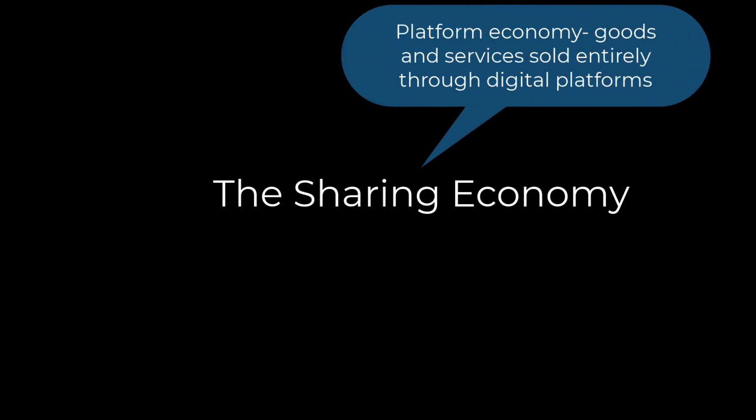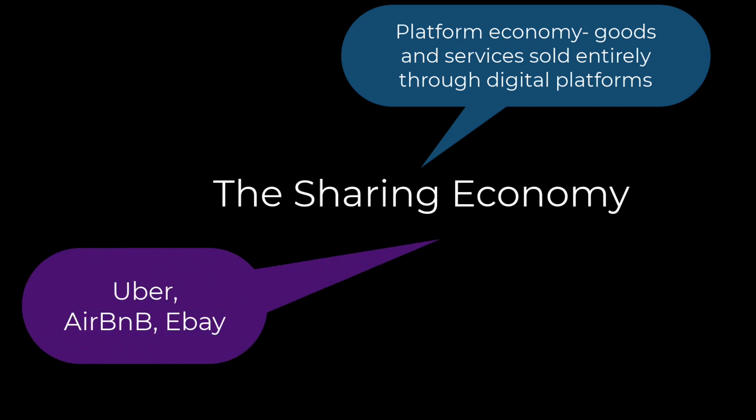Increasingly, we function in what's called the sharing economy. The sharing economy is a form of platform economy that works entirely through digital platforms that manage and encompass all transactions. Airbnb, Uber, eBay, these are all examples. The problem of the sharing economy is that more and more people are working in what we call the gig economy. Over time, we've seen changes in the nature of work that make gig work more possible.